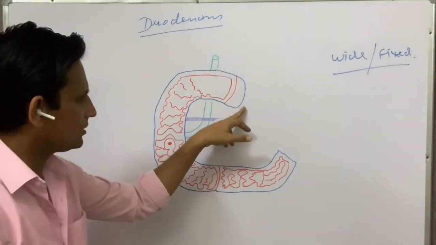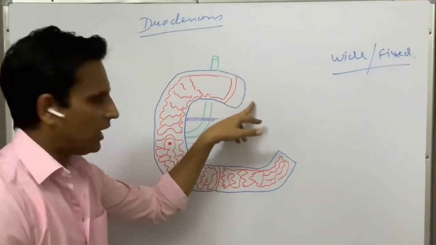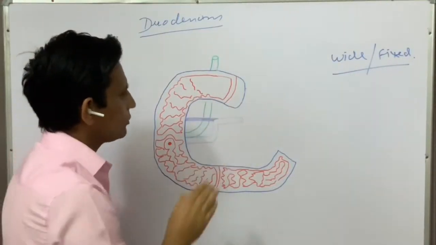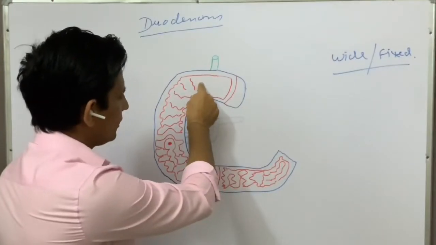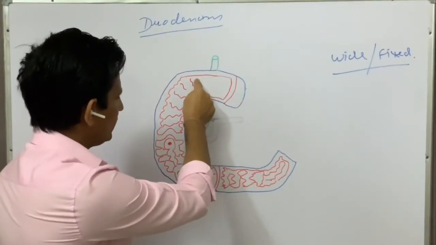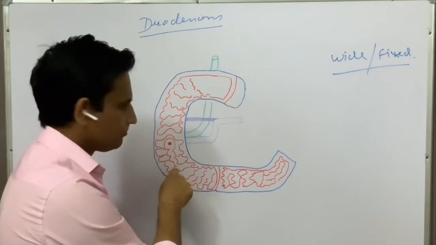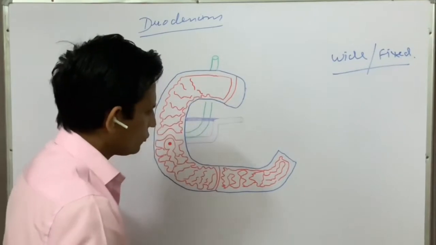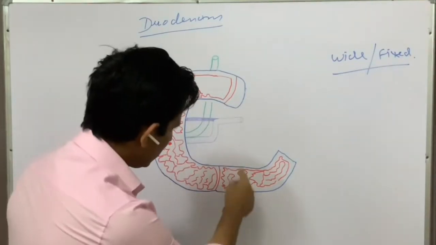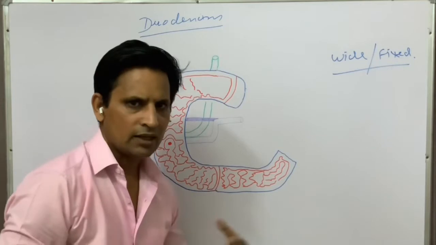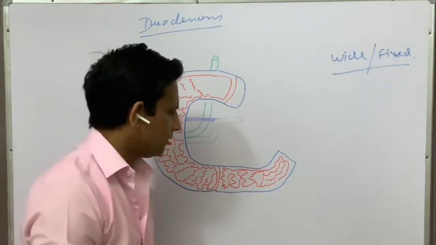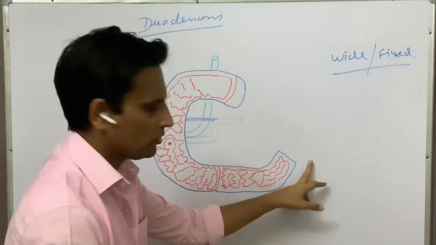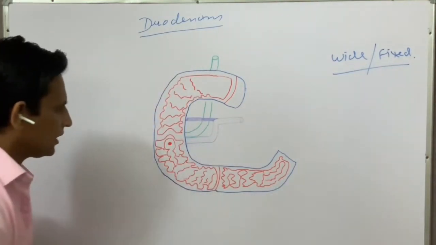So here it starts right after the pylorus of the stomach. It ascends, or it goes transversely upside and to the left, then it abruptly descends. After descending a short while, it takes a turn and it runs toward the midline. It crosses the midline here and then goes to the left lateral side of the body. And after this, it connects with the jejunum. Right.